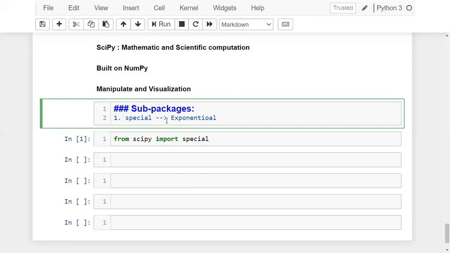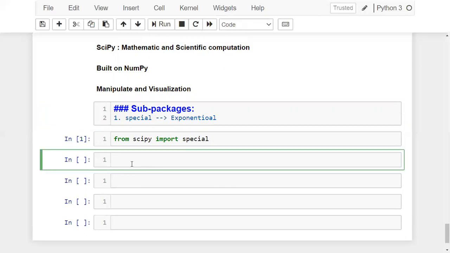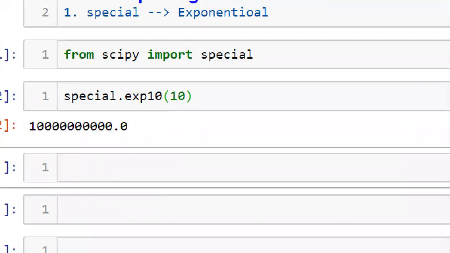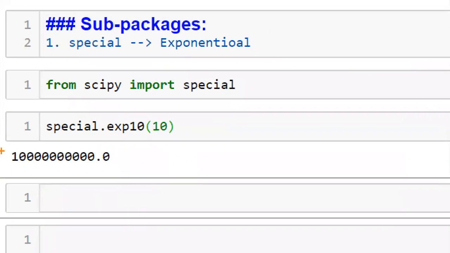If you remember, you can take exponential with base 10, right? So first we'll write a function with the base 10. Now I'm writing exp10. This is available in this special sub package. Now I'm giving some value to this exp10 function. When I run this, can you see it has given some value, right?